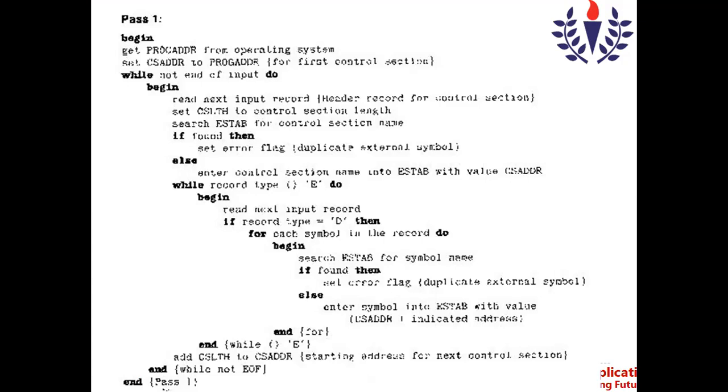Now, when the program is loaded into the memory, we understood that the program will have the load address, or the starting address, not as 0 but as 4000. So the CSADDR value is 4000, as I already mentioned. CSADDR for program A is 4000. When it was 0, the address for LISTA was 0040.